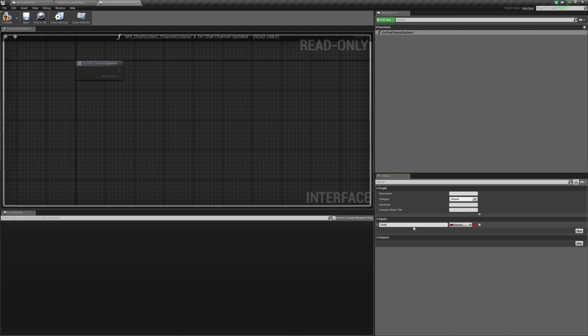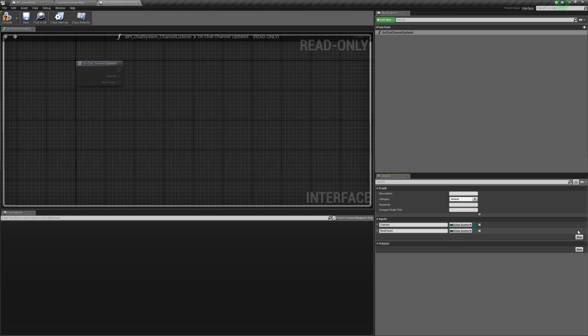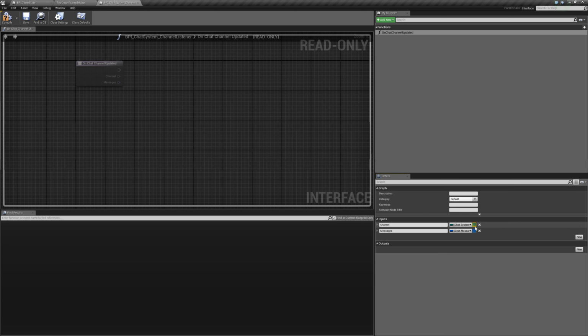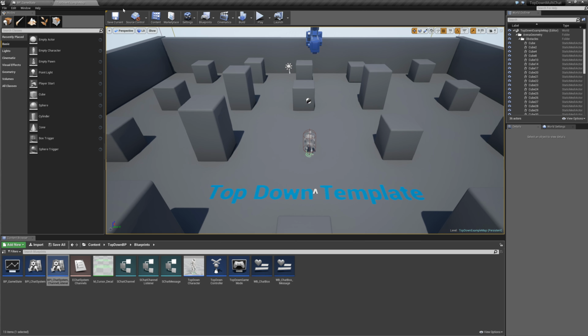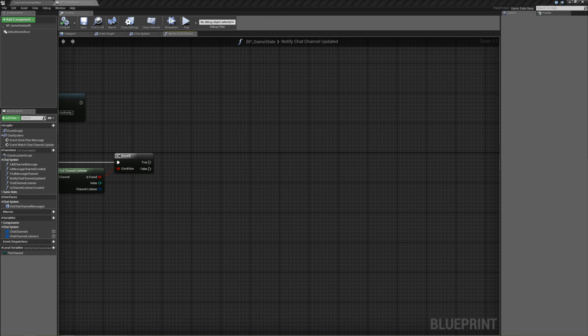The input is going to be the channel of type our channel enum, and the other input is going to be messages of type chat message, and it will be an array of our chat message structures. Compile and save. Go back to game state, and there's no outputs on that. So now